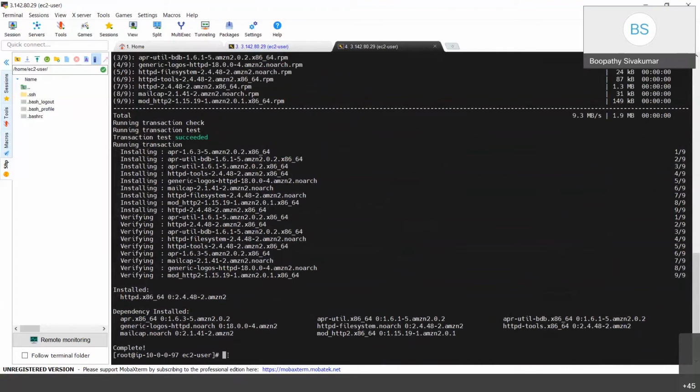For now, we are installing only the web server, not a Tomcat application server. It's an Apache web server. Once you see the complete message, it has installed Apache onto your system. You need to make sure whether this Apache is installed, and whenever you install a server, there will be a service running in the background, listening for whatever connections are coming in.